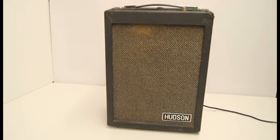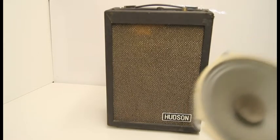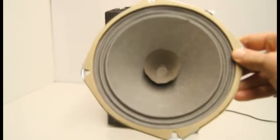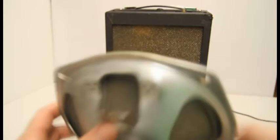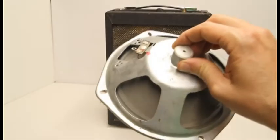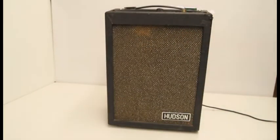But the really cool thing about this amp is when I got it, it had this, the original driver, just a 6-inch driver. Let me see if I can get that better zoomed in, focused. Really, really small driver, and it was at the end of its life. The amp was half that loud, if that. And it really didn't have much tone at all. This is just the original metal stamped paper cone driver, pretty cheap. And the really neat thing is that I had a